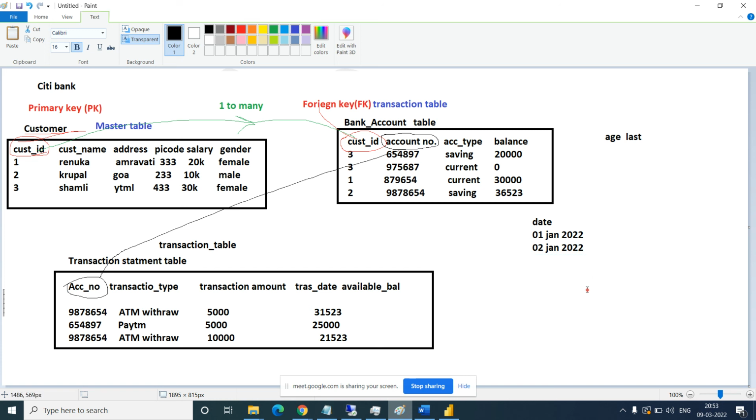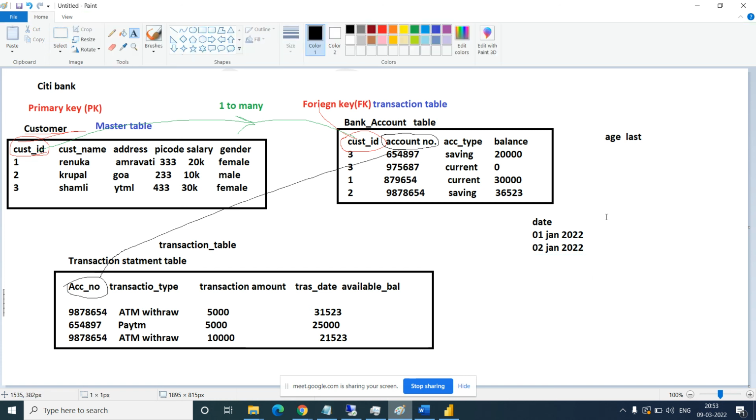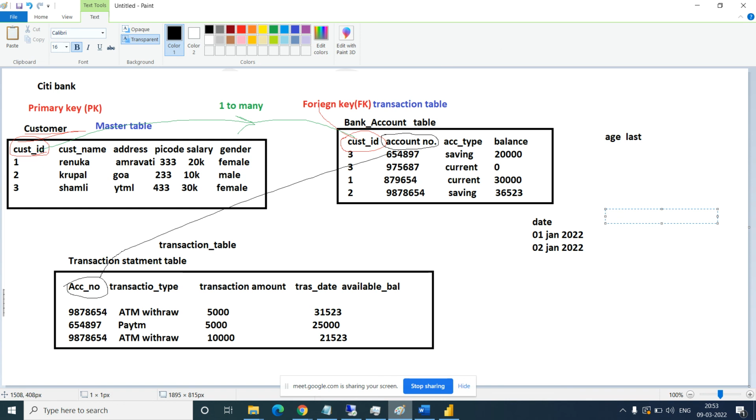If I want to take the shrunken, means a part of the date. So let's say I want to find out the year from your date. So how will I find out? What is your year? 2022. Second is also 2022.